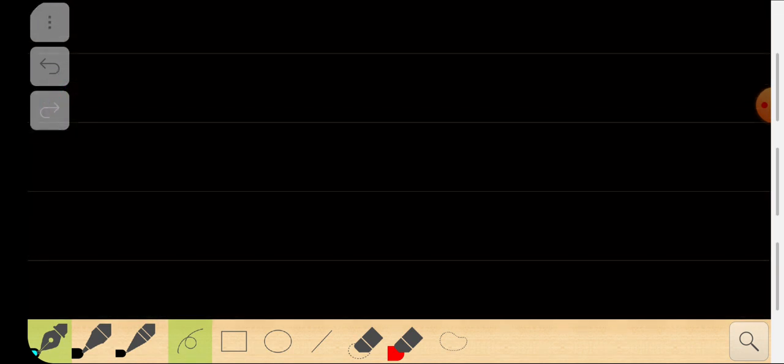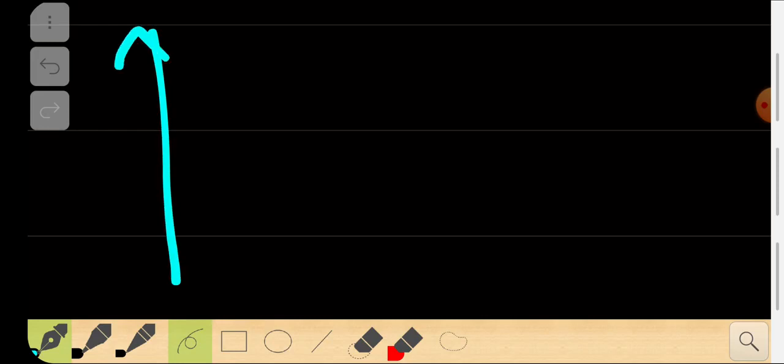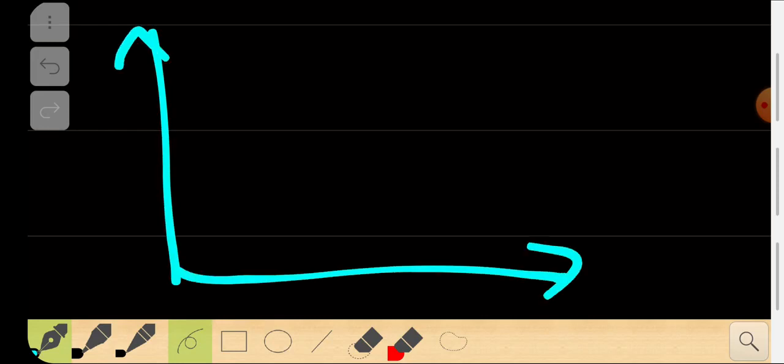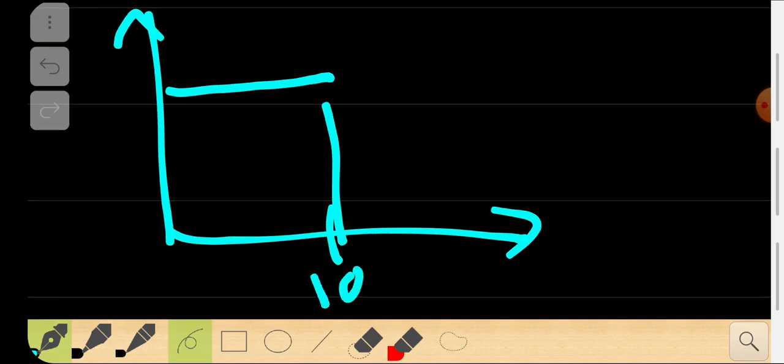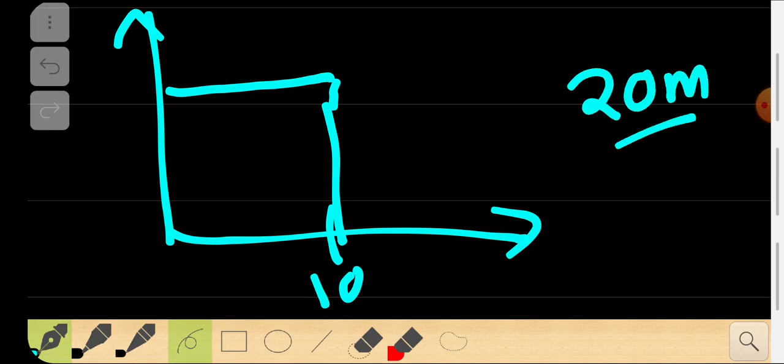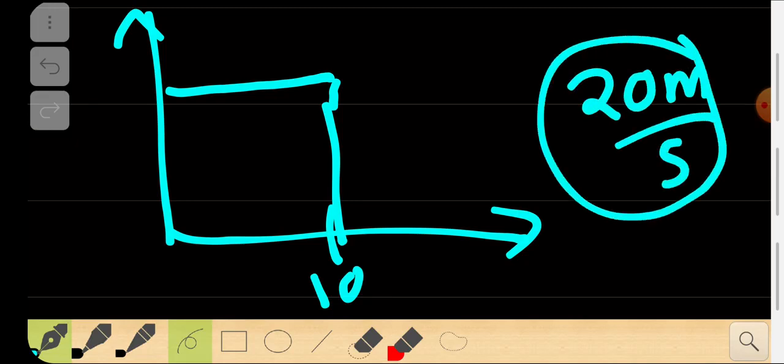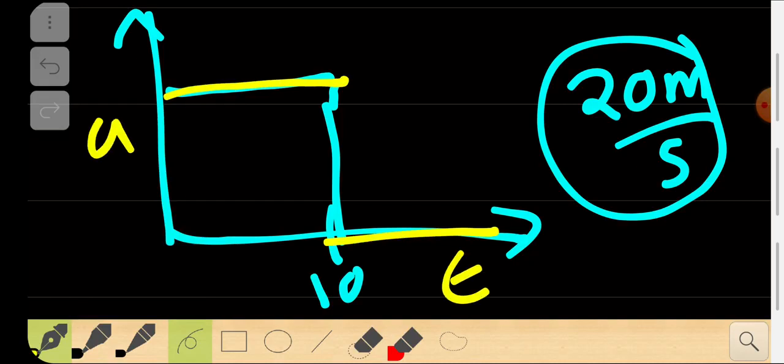Now looking at the acceleration, it is the least varying thing. If you look at the initial 10 seconds, right, acceleration was 2 meter per second squared, right? So the acceleration in the initial 10 seconds was 2 meter per second squared. After that it became 0 because the car is restricted to move at 20 meter per second speed. So the acceleration has become 0. So the acceleration will be like this and this. That's the acceleration versus time graph, and that's all the graphs.